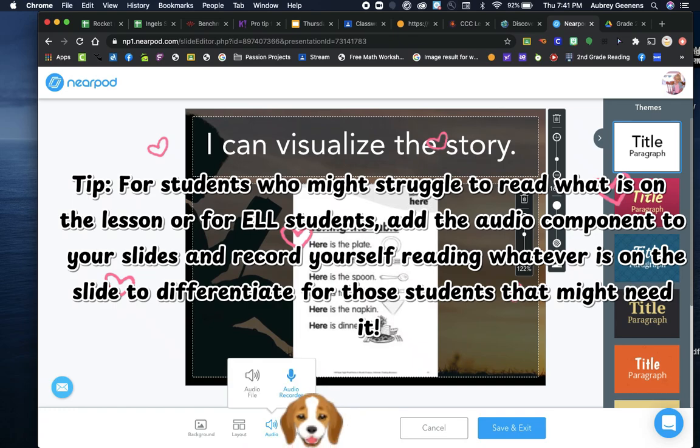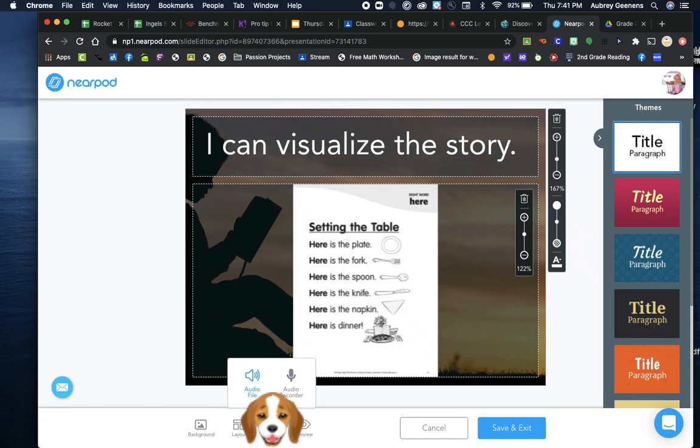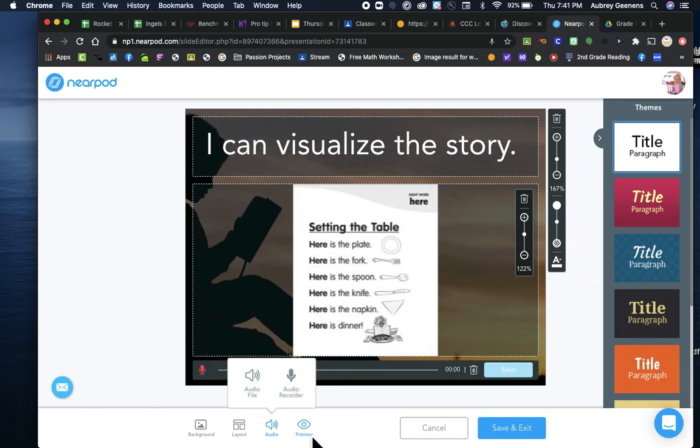All you do is you click audio recorder. Unless you have something already recorded, you can click that. So now all I have to do is click